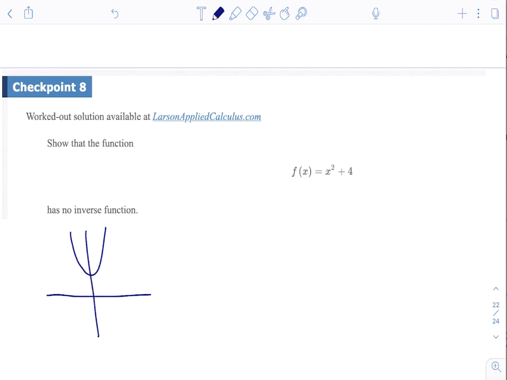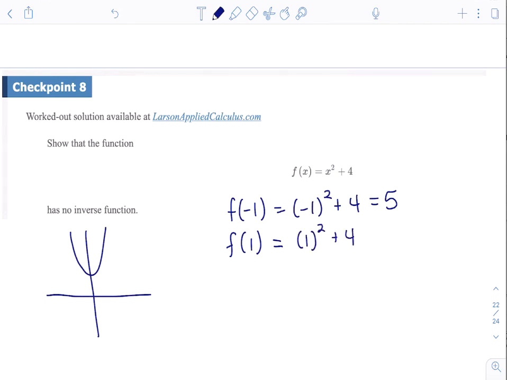a one-to-one function. So I could plug in f of negative 1, which will be negative 1 squared plus 4. That gives me 5. And I could do the symmetric x value 1. That'll be 1 squared plus 4, and I also get 5. And so having two y values that are the same for different x values automatically makes this not a one-to-one